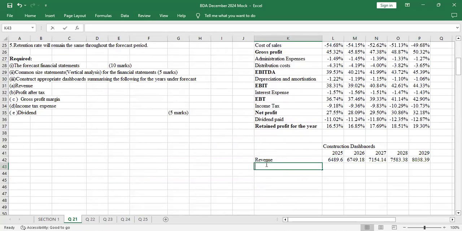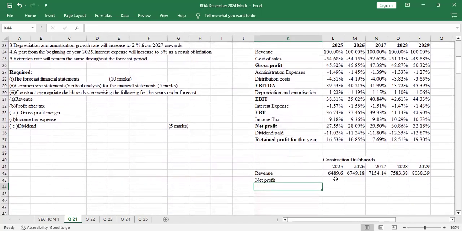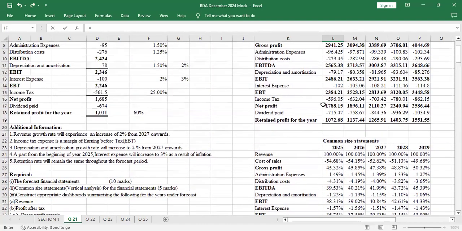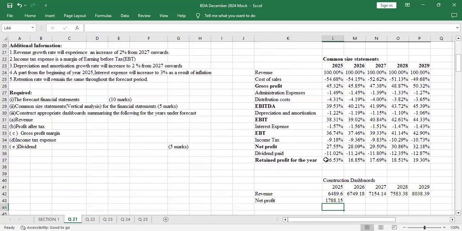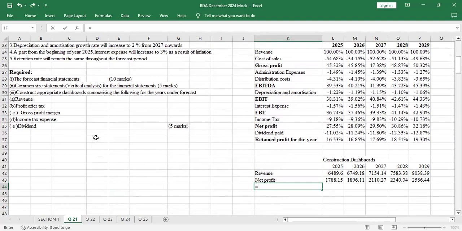Then you select. The next item is profit after tax. This is the profit after tax, earnings before tax, income tax. That's the net profit, so I'll take the net profit. I'll just copy it the way it is. Then pick the values there. Don't pick the values of the common size analysis here. We don't need that. Then the next item will be gross profit margin. This one I'll have to calculate: gross profit margin.